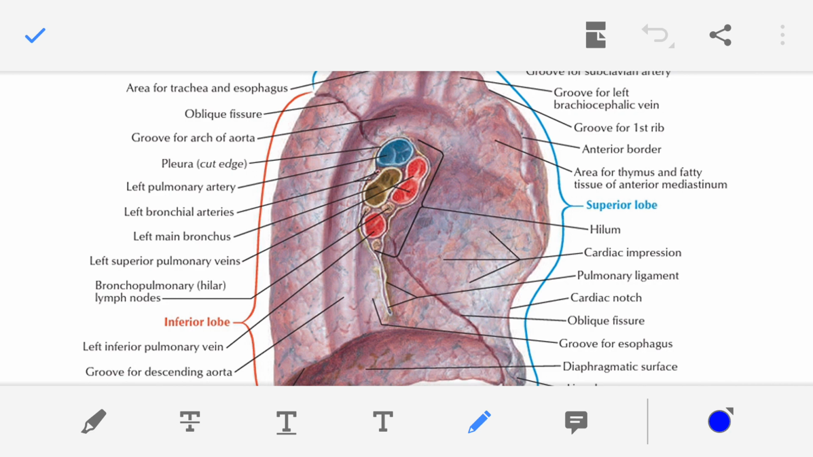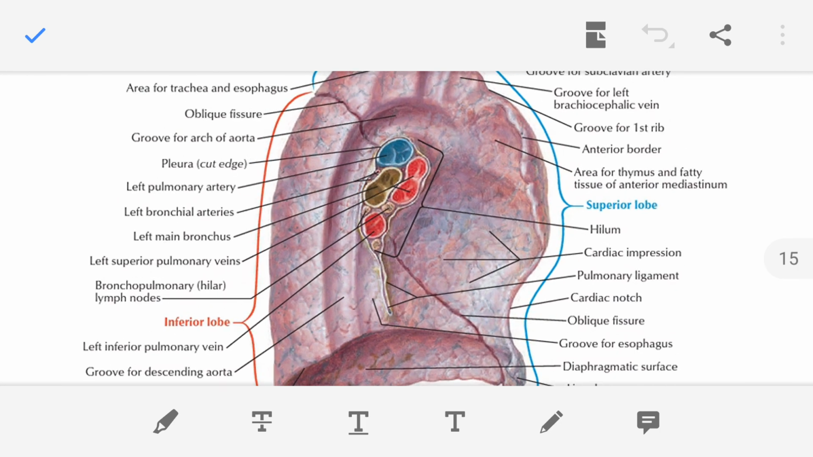So the names you follow. See, left pulmonary artery they are showing. Okay. Then left bronchial artery, then left main bronchus, you follow the black arrows, then left superior pulmonary vein, then bronchopulmonary or hilar lymph node, okay, left inferior pulmonary vein, okay. So these arteries, veins, nerves, lymphatic vessels together are forming the hilum,